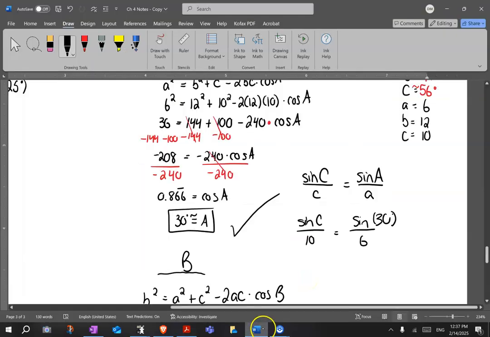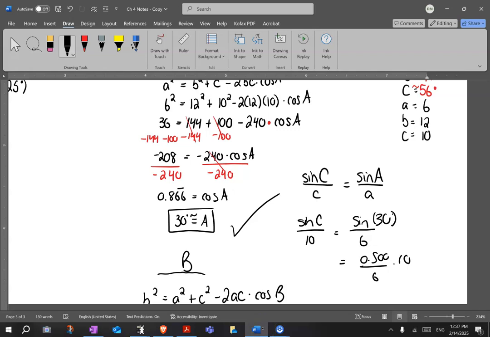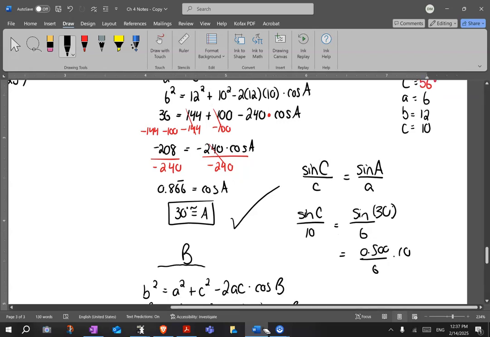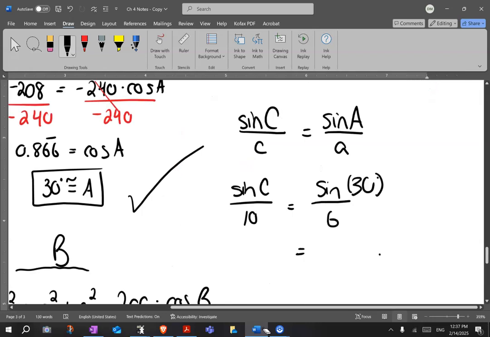0.500. Okay. Over 6 and then times it by 10. So we'll just see what we end up getting here. 0.5 divided by 6 times 10. 0.833. So this thing would have become a 0.833